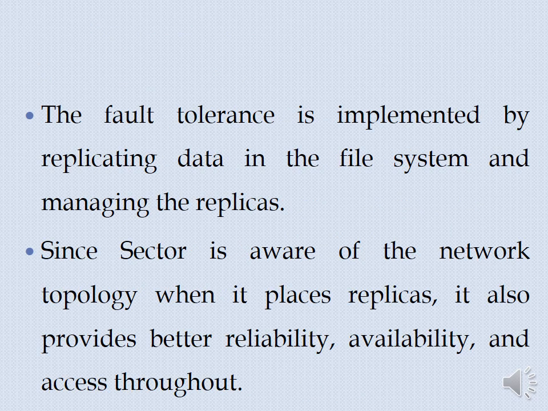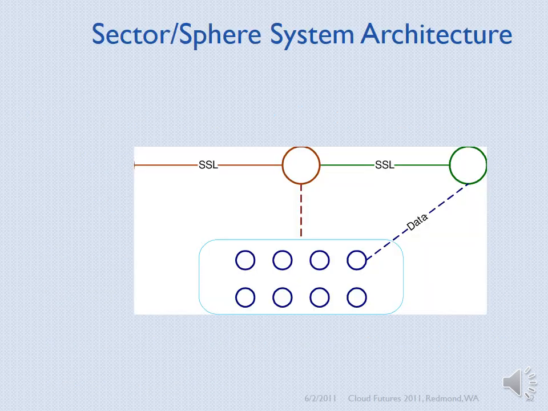Fault tolerance is implemented by replicating data in the file system and managing the replicas. Since Sector is aware of the network topology when it creates replicas, it also provides better reliability, availability, and access. So the diagram is given. Secure socket layer, so data is also